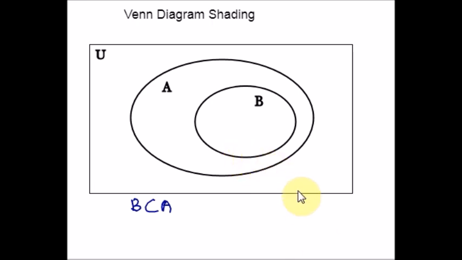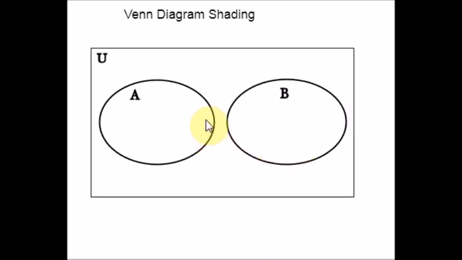Now let's see how to draw a Venn diagram for two sets that are disjoint. Disjoint means there is nothing in common between these two. So imagine two sets A and B, these two are disjoint. If that is the case, you have to draw two circles that do not overlap at all. So in a universal set, draw two sets that do not touch at all. This is called two sets that are disjoint. Hope you are clear with this Venn diagram?